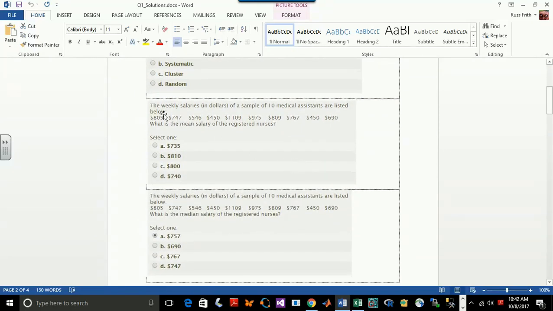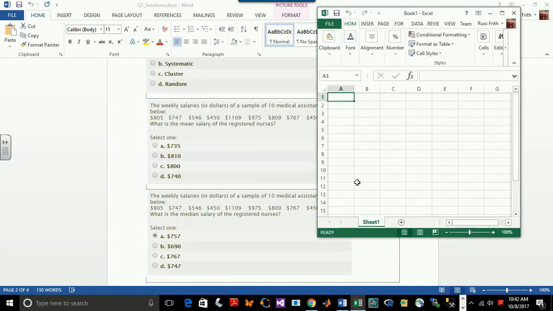One question was, we are given weekly salaries of 10 medical assistants, and we want to know the mean salary. So based on this data, probably best to use Excel here. So enter the data,